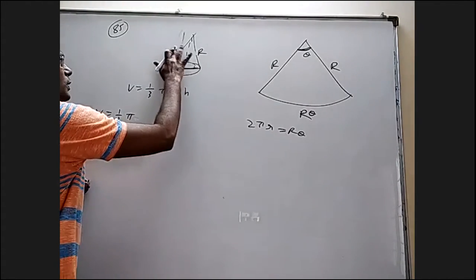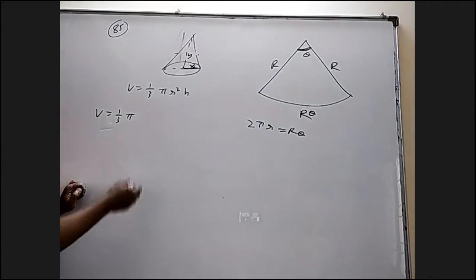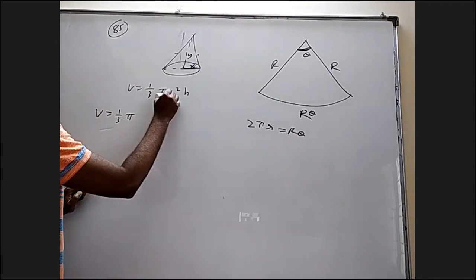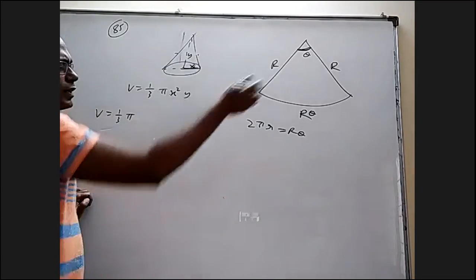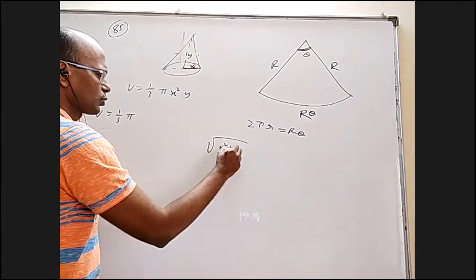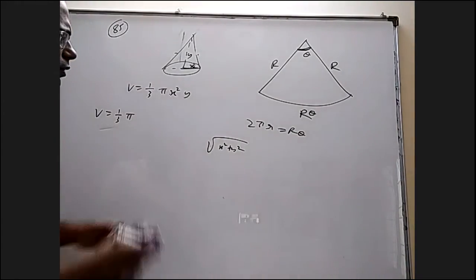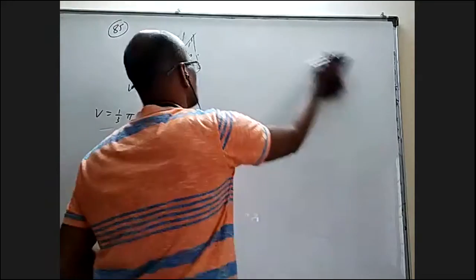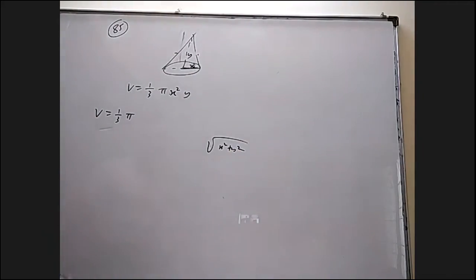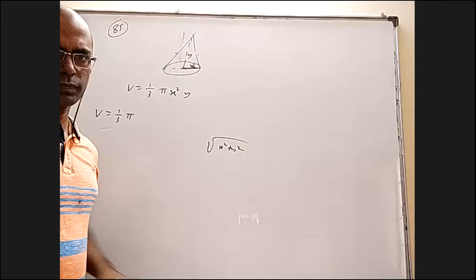Another way to do it is I can take x here and this height as y, and volume is equal to 1/3 pi x square y. That is fixed. And this slant height is my radius, so root x square plus y square is maximum. I think that makes it more simple. Okay, that is not complicated. Only you have to recognize the radius of the disk is nothing but the slant height. That's all.